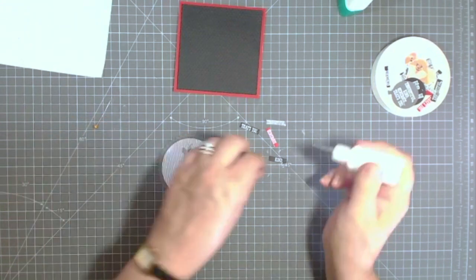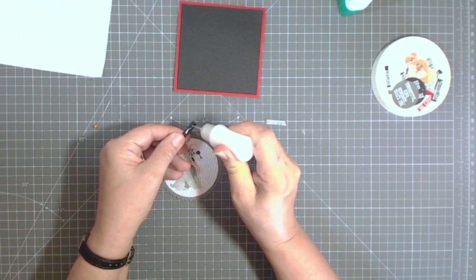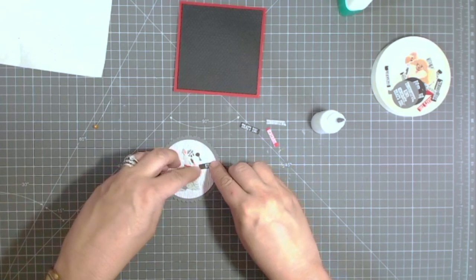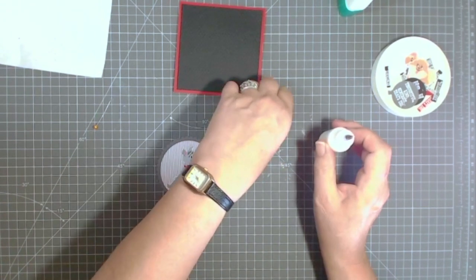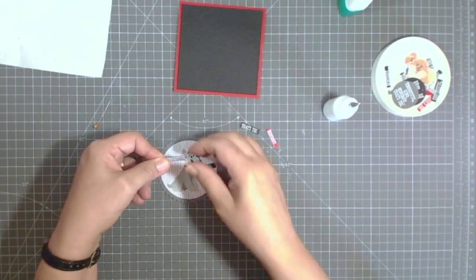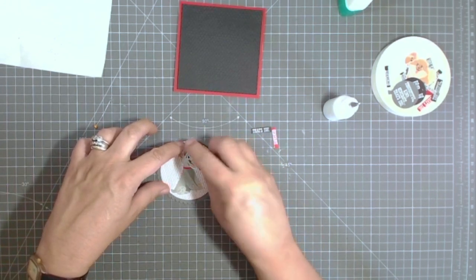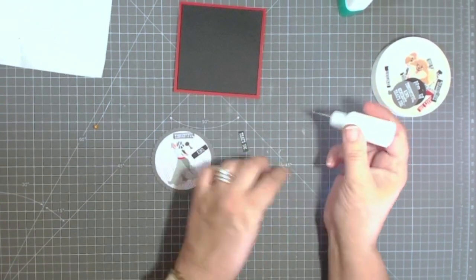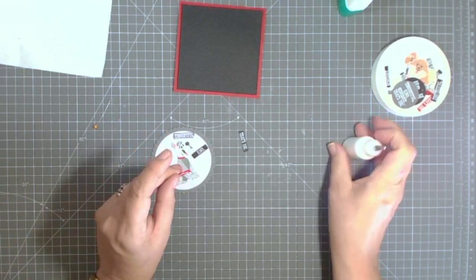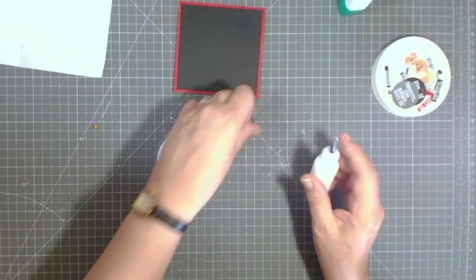So now I've put some of my adhesive into this little bottle, which has got a fine nozzle on it, and I'm going to, oops, that's the second word, kind. So thoughtful comes first. So let's have, where should we put thoughtful? Let's have it up there, just like that. Thoughtful, kind, and generous. And then let's put,